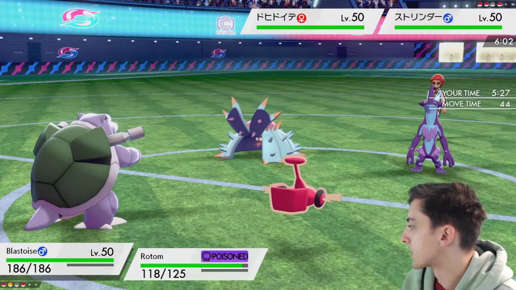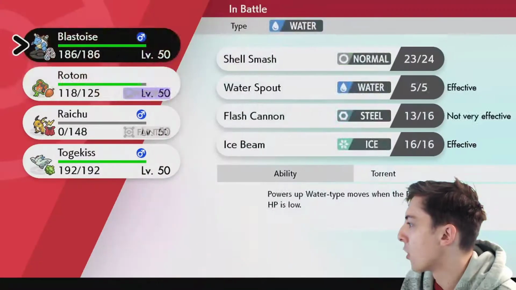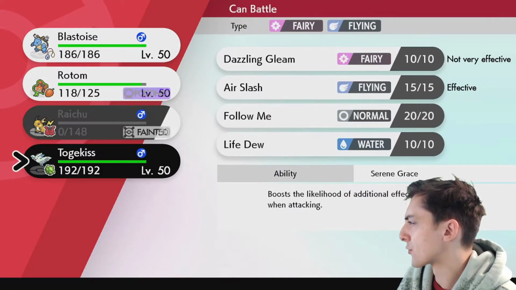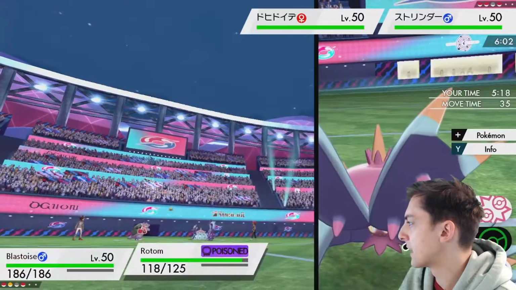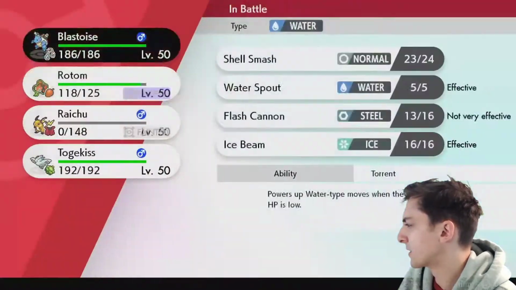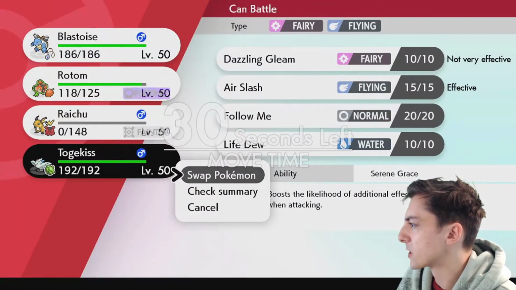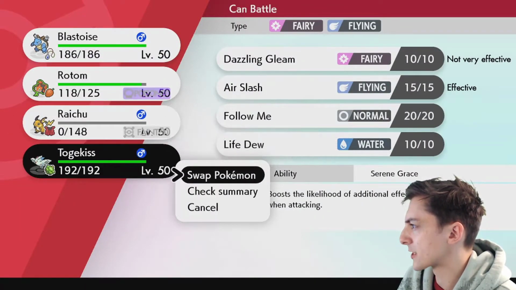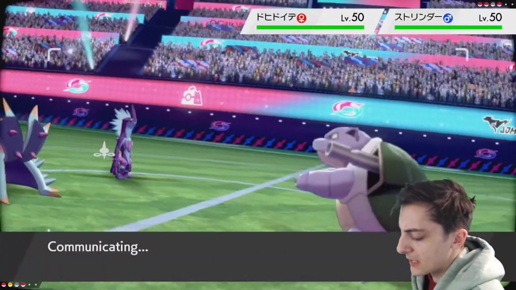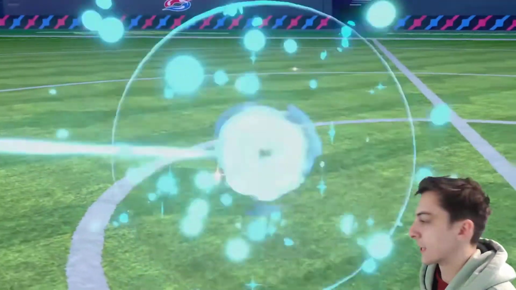I'm going to be honest. At full HP, I'm not convinced you're living a Water Spout. He goes Togekiss here, which actually has Serene Grace, so that is another way of me potentially beating the... Maybe I want to do that then. Oh no, I definitely need to switch. He may end up going for a Poison move, but I think he's going to have to focus on the electric attacks on the Blastoise. So Raichu would have been really, really useful to keep, but unfortunately Raichu is dead, so...